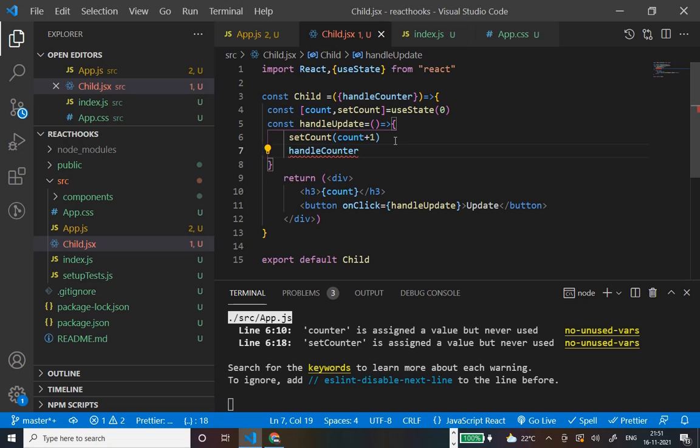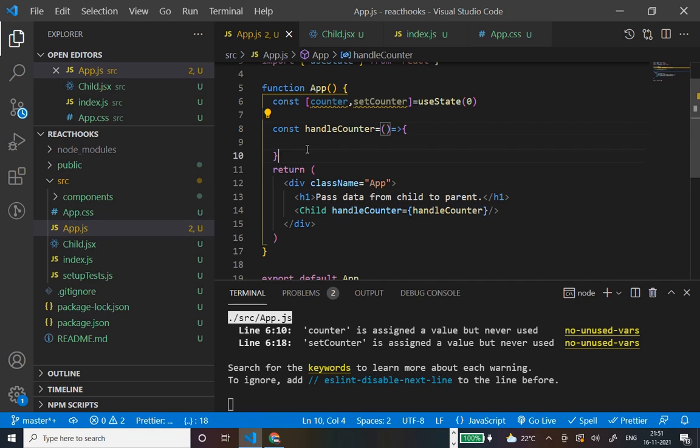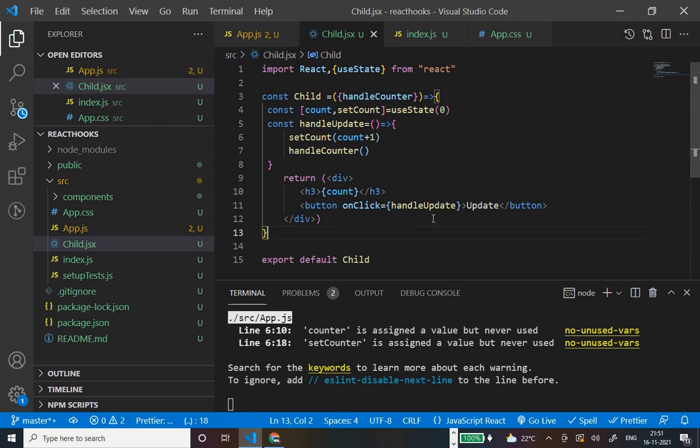We'll call this inside handleUpdate. Whenever we click on this update button, which is inside this child component, it will call handleUpdate, and inside this we have handleCounter.